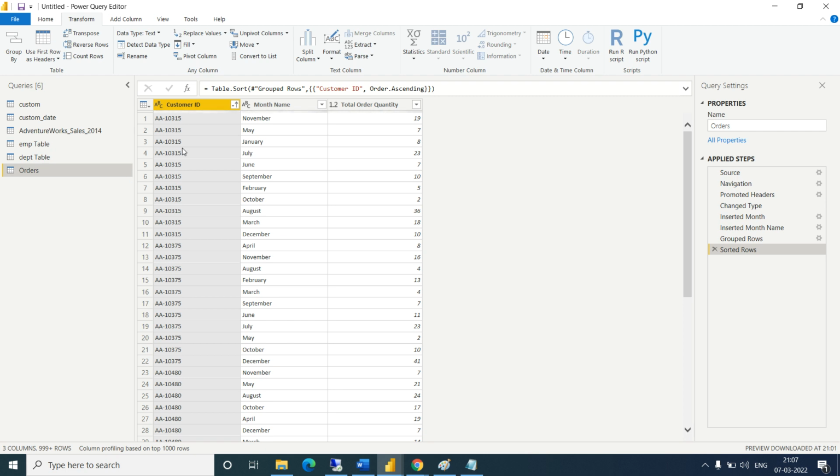For this customer, this is the same customer but with a different month and different order quantity for the particular month. If I do month wise and then customer wise, month will come here, customer ID will come here. We will not do this. Let me sort the customer ID.